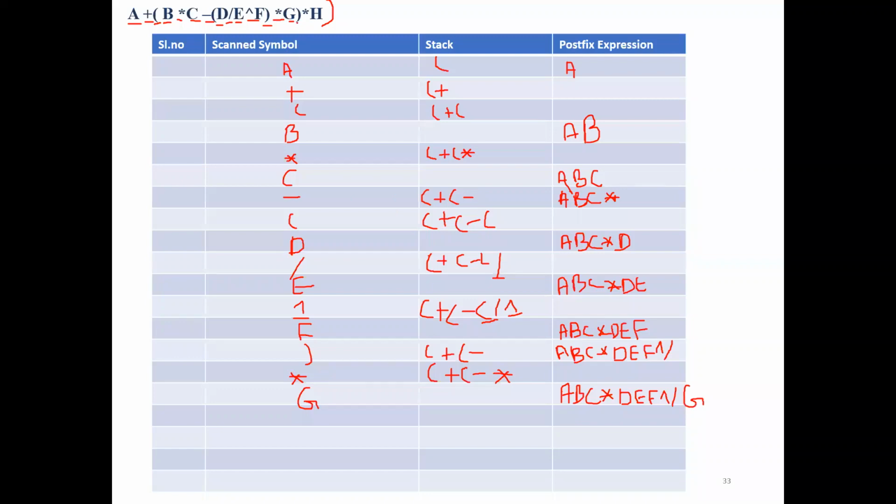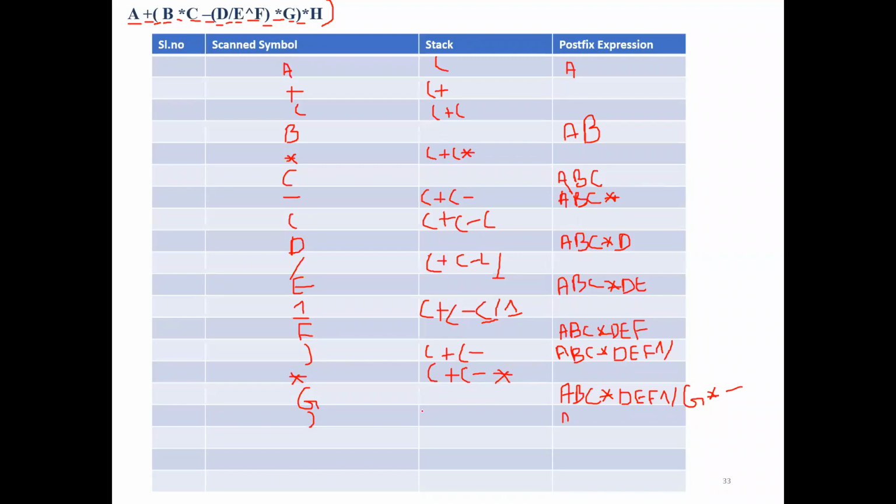What is the next symbol scanned? It is a right parenthesis. When we encounter a right parenthesis, what are we supposed to do? We will pop out all the operators. What are the operators on top? Asterisk and minus, ma'am. Okay, I'm not writing the string again. We will be popping out the asterisk and one more, our minus symbol, right?